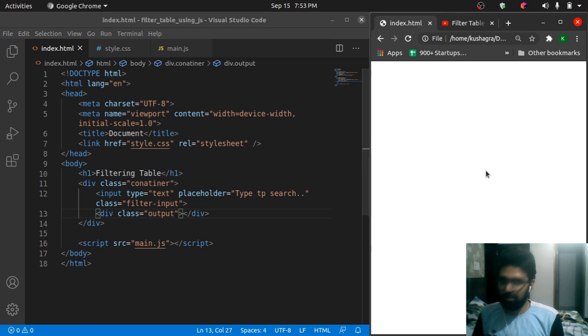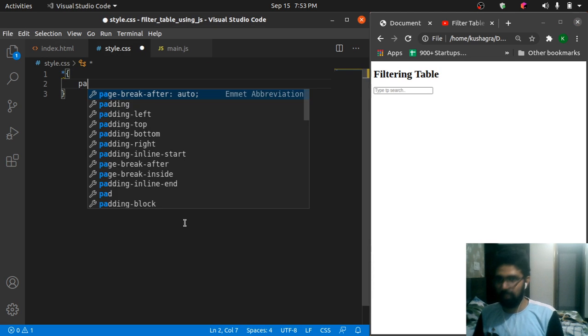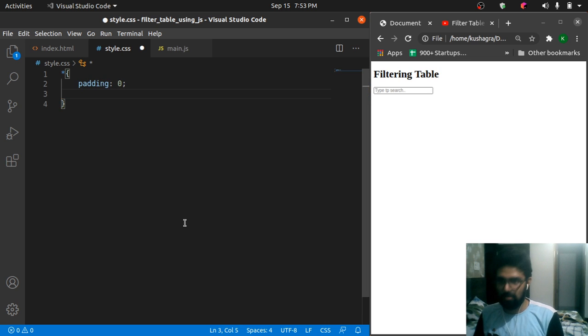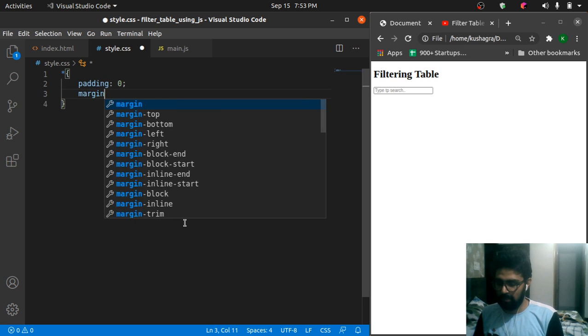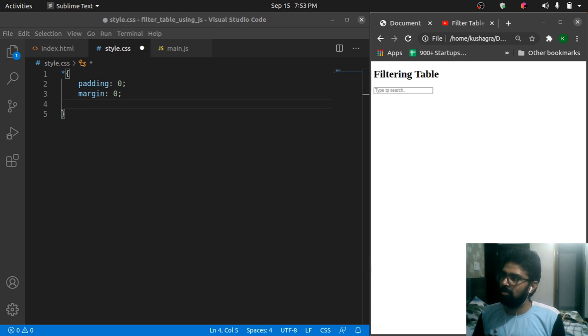First we are gonna save this and refresh this. This is what our HTML is gonna look like. Let's start styling. So first we're gonna remove all the padding and margin. So after this we need to include this box sizing,